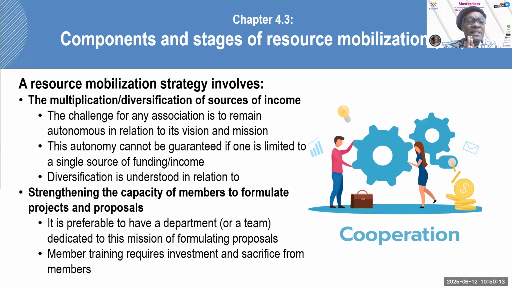A resource mobilization strategy involves, so we continue, the third element: the multiplication or diversification of sources of income. The challenge for any association is to remain autonomous in relation to its vision and mission. Okay? So if you have only one donor,